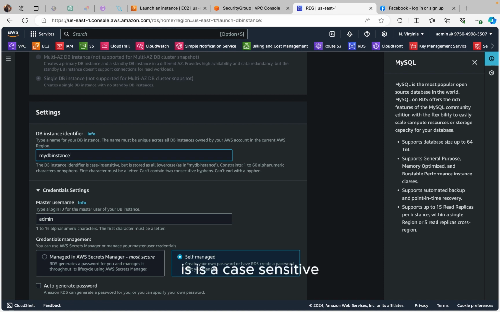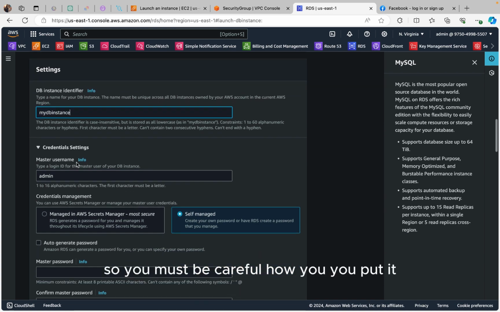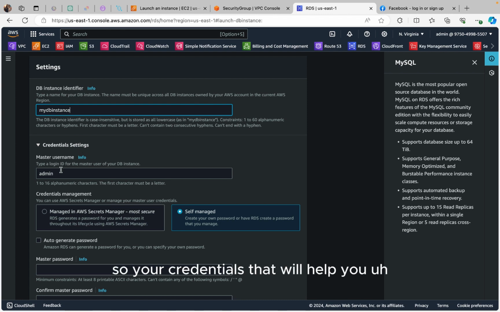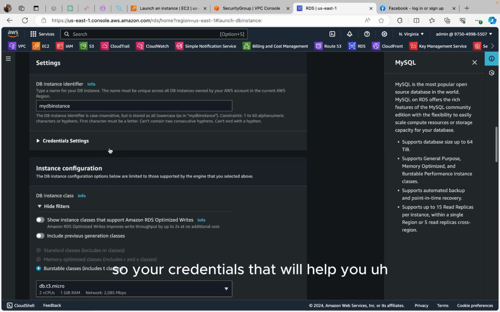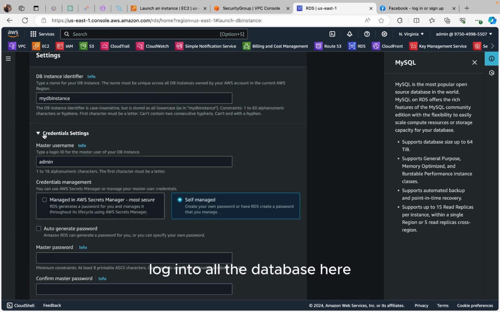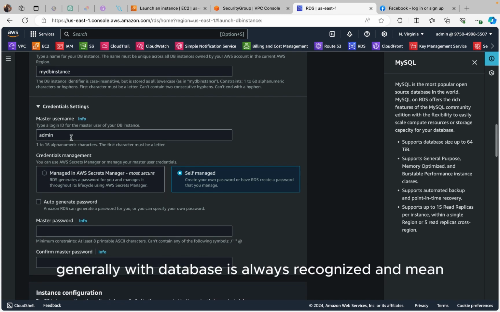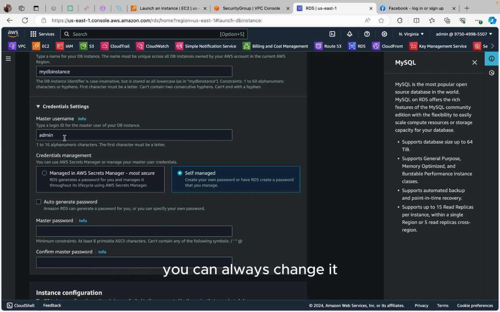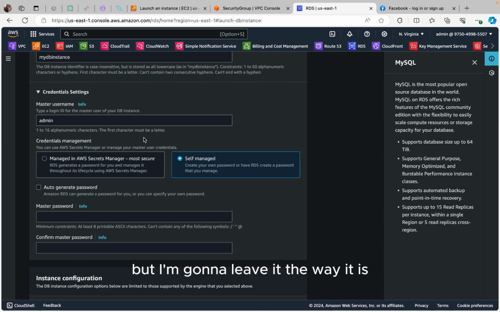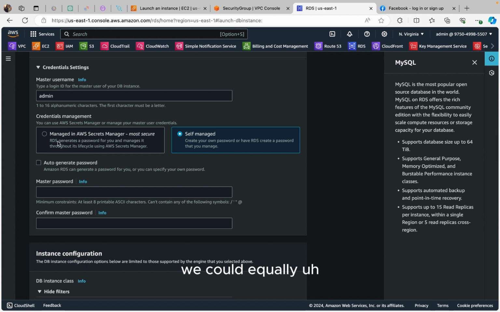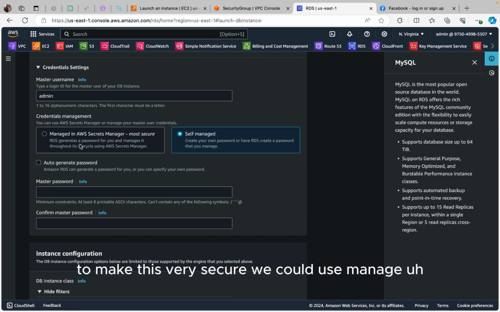It's case sensitive, so you must be careful how you put it. So your credentials that will help you log into the database here. What we have here, generally with databases, always recognize admin. You can always change it, but I'm going to leave it the way it is. We could equally, to make this very secure, we could use